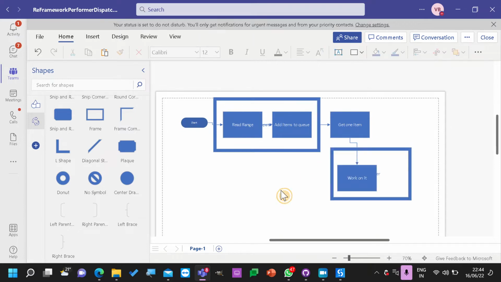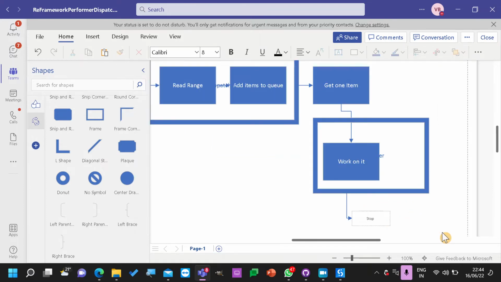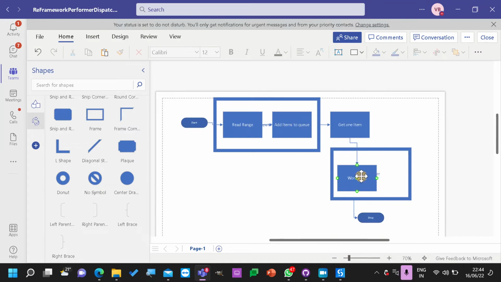So if you can observe, everything is in a single workflow. We have a start, we have a stop, everything comes under a single workflow and everything is inside one particular project.